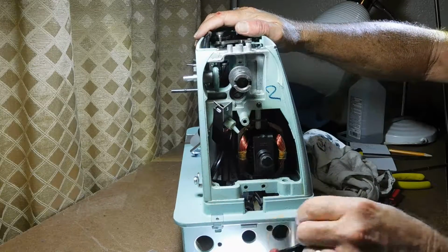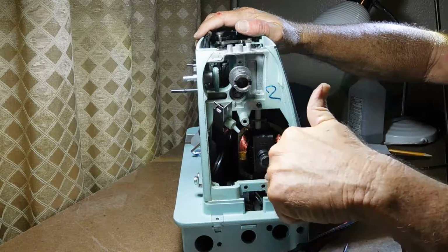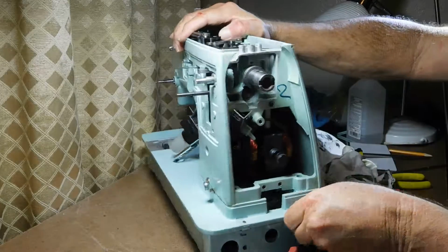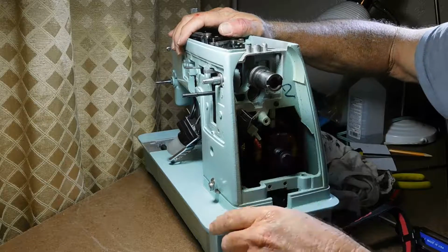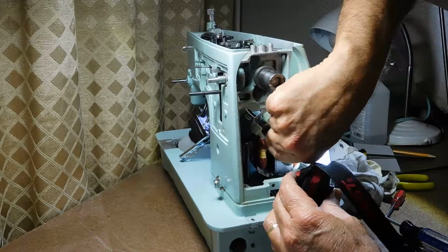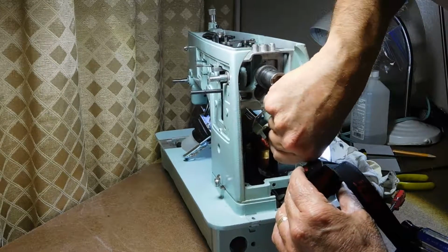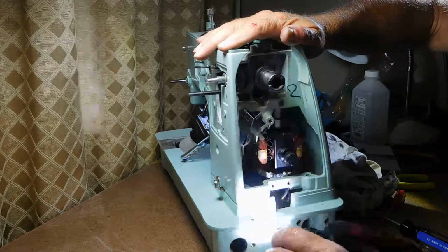And I've got some slack here from the plug. You remember I took the screw and pushed it in. So now I'm going to think about taking out this motor. And look down here and if I can see. Yeah, I probably ought to look at the guide, but I will show you